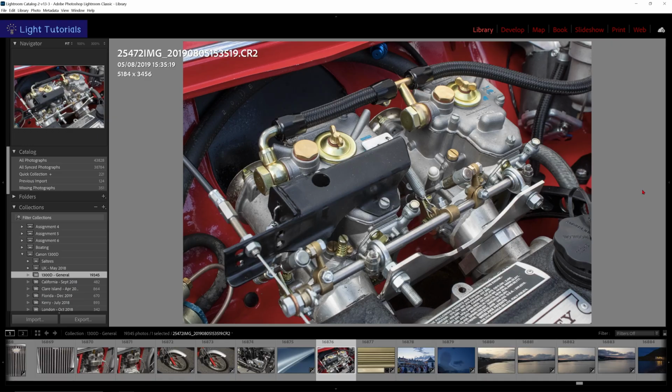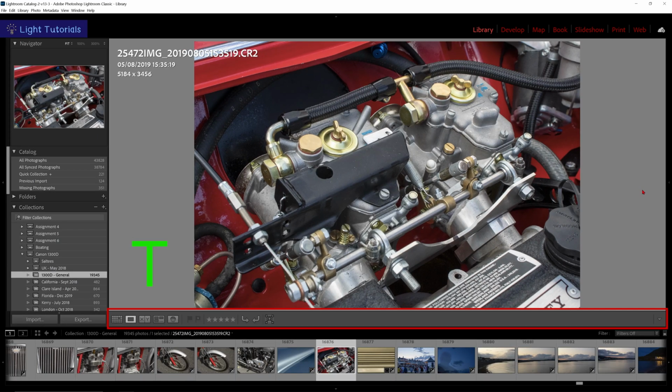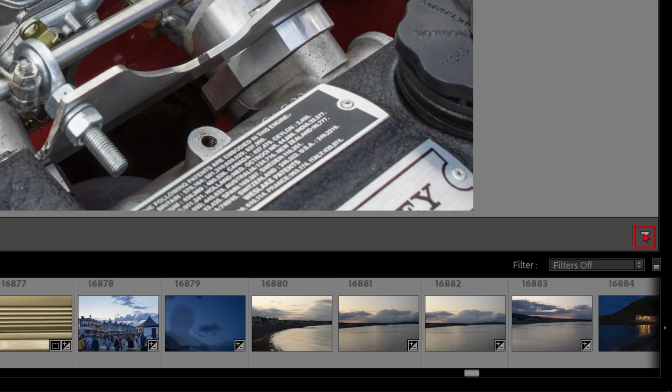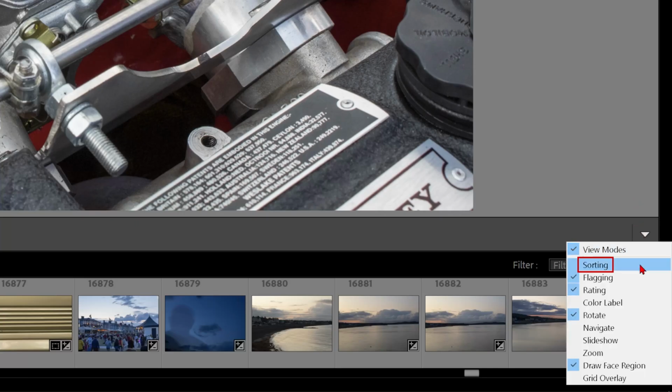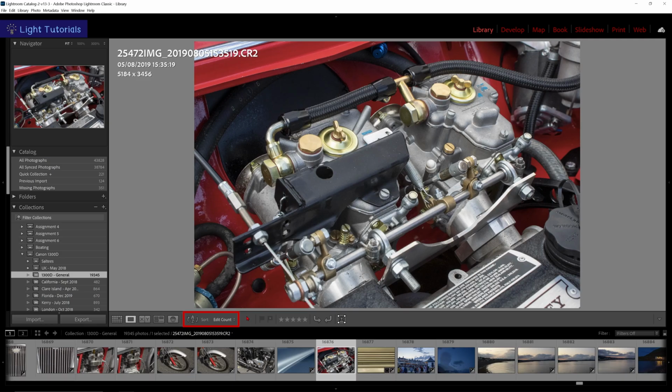A quicker way is to go to the toolbar above the Filmstrip. If you don't see it, press T on your keyboard. On the right-hand side of the toolbar, click on the arrow and check Sorting. Sort controls have now appeared in the toolbar and are only available in the Library module, but affect the Filmstrip